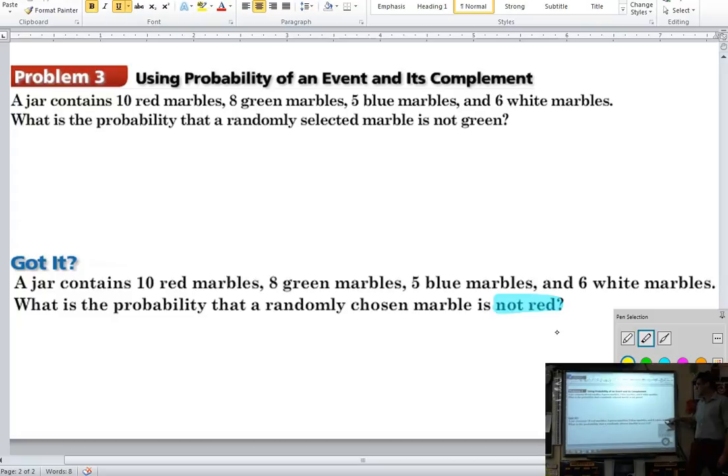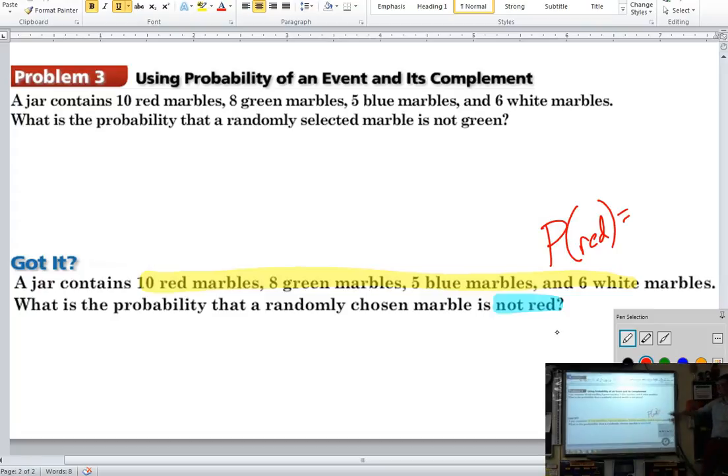Not red. If you pay attention, we're using the same jar of marbles. So basically, it's just that. No, this is doing it right. So figure out first your probability of red. How many red are there? How many total? So my probability of not